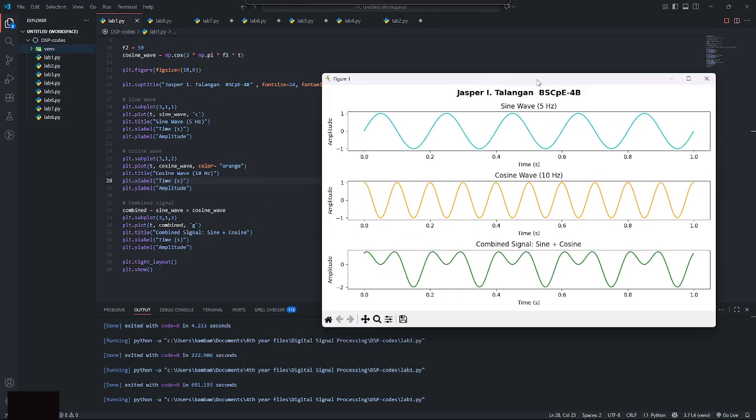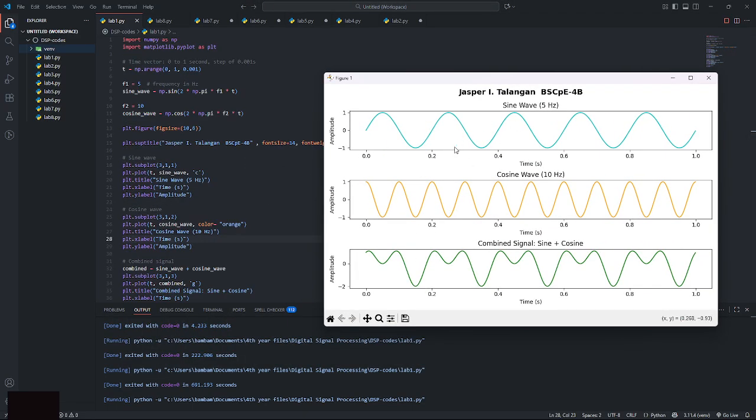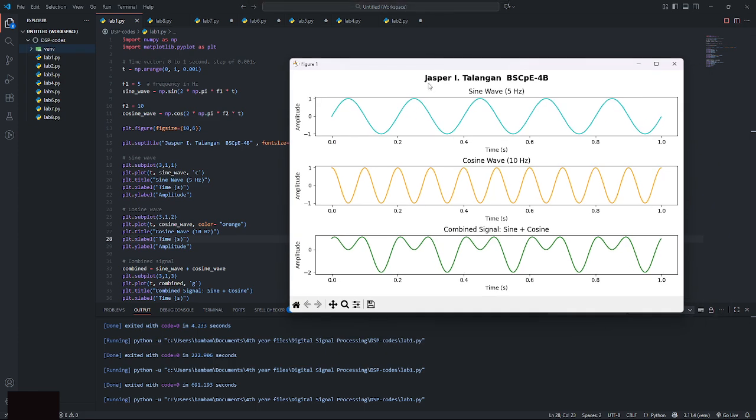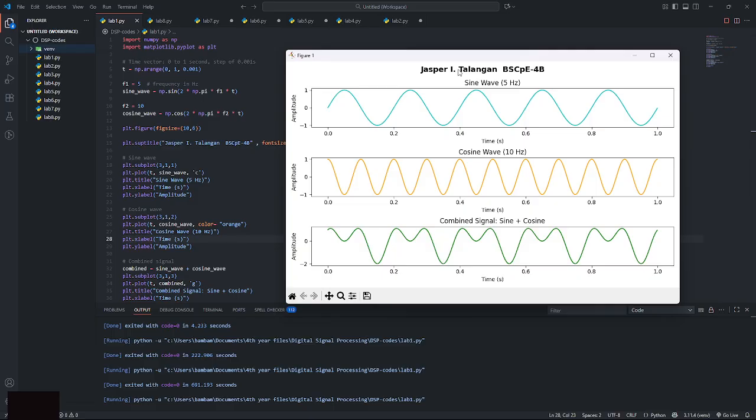This is the output of this program. As you can see at the top, it displays my name, course, year, and section.